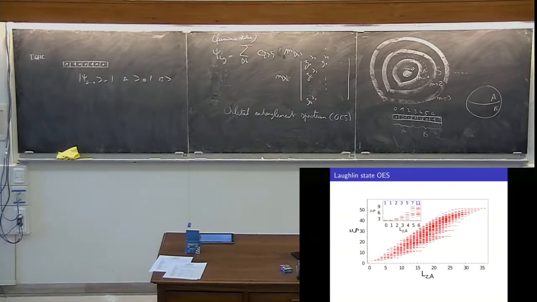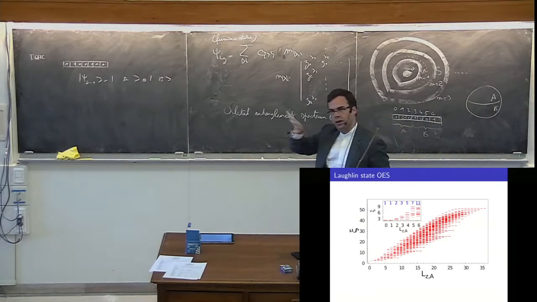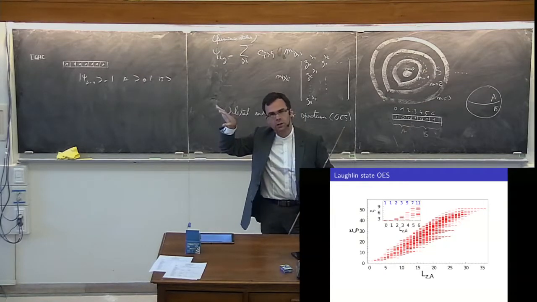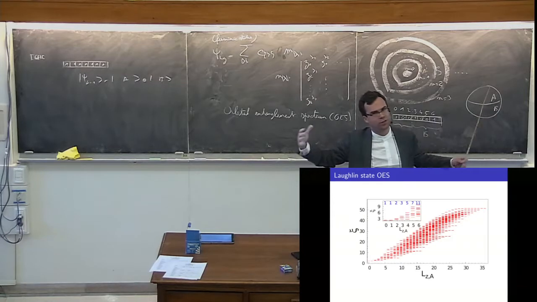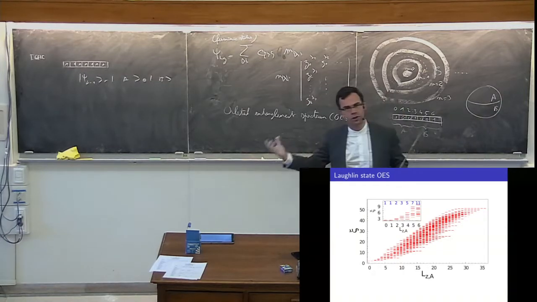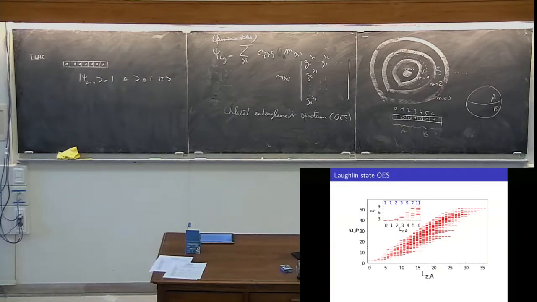So of course, we would like this to be linear. You have some dispersion, but remember yesterday, even for the integer quantum Hall effect, to get an exact linear dispersion relation, it's only when you reach the thermodynamic limit, so when you have a very large number of particles. Otherwise, you have finite size effects. Here, for example, this region of the spectrum, it's not the edge mode that you're counting anymore. It's just a finite size effect. You're probing the fact that your system has a finite size. So the Hilbert space is constrained by